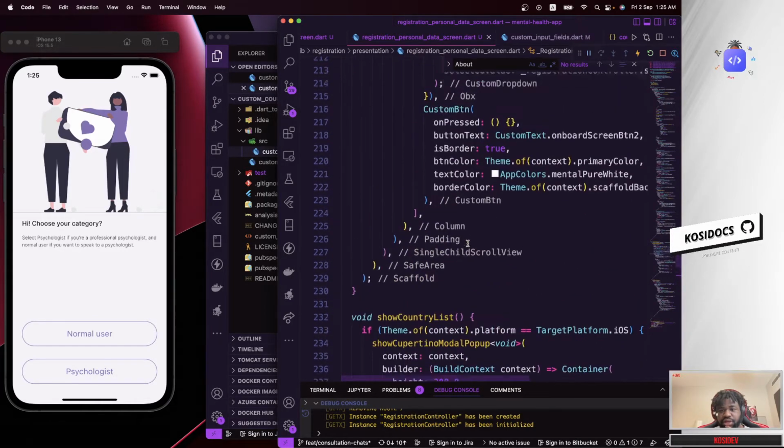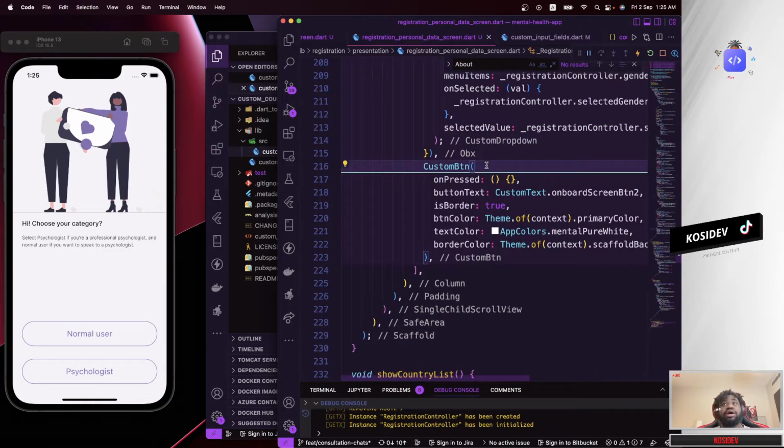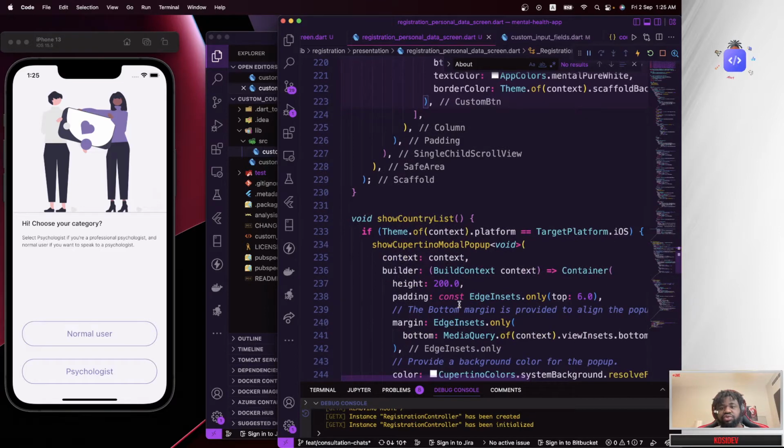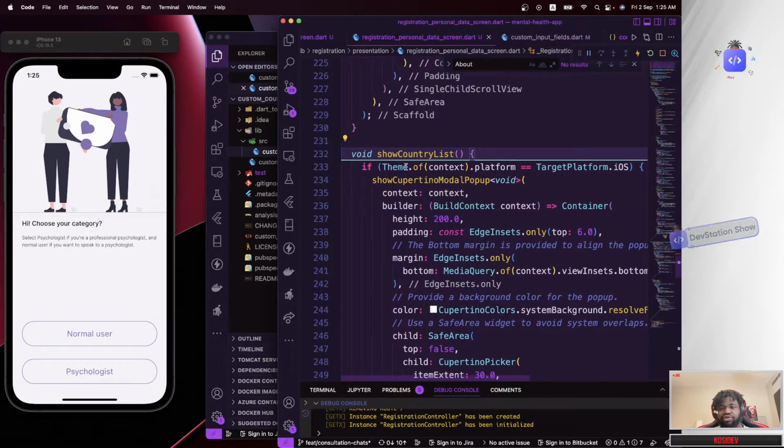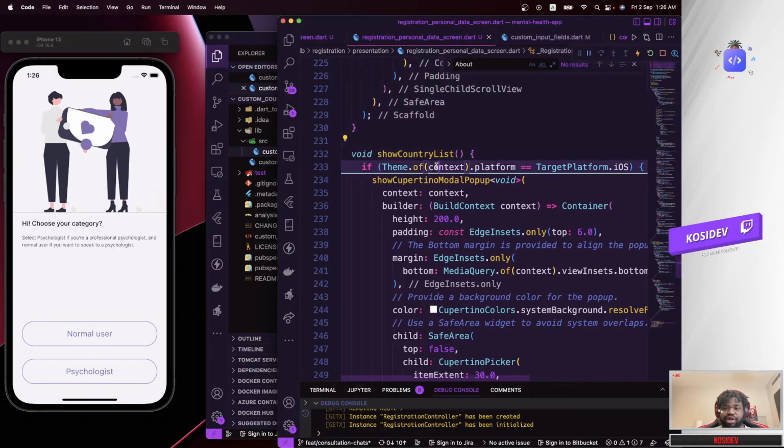So I'm trying to see, maybe we could have a way, kind of like, maybe it cannot be an input field where the user will tap in and then the country list will be shown to them, or we can allow them to access this function from here. So they can call this function from anywhere they are, and the function will work. They can use that to show their own country list. Those are still things we need to think through, but I think for now I could just